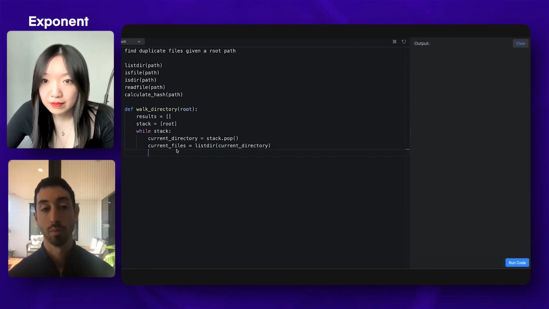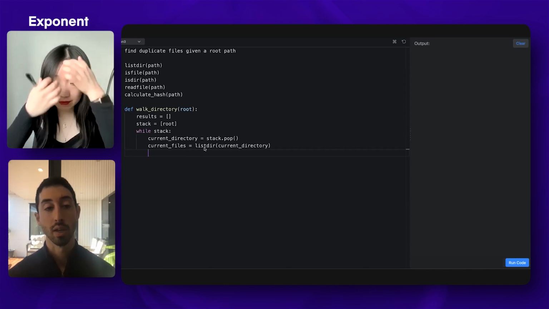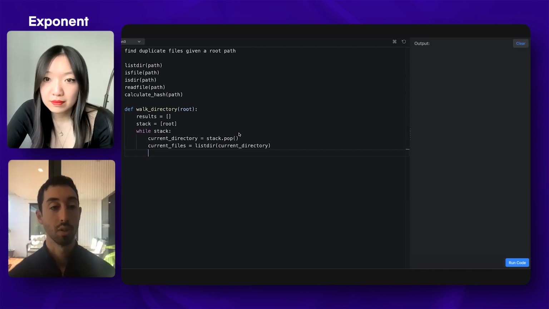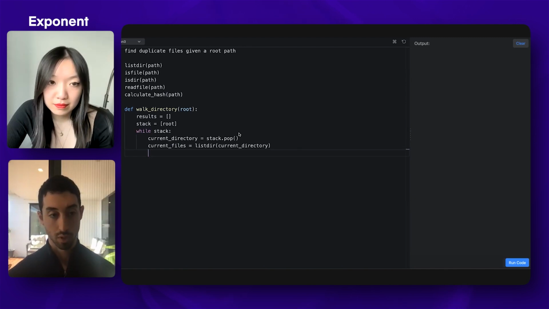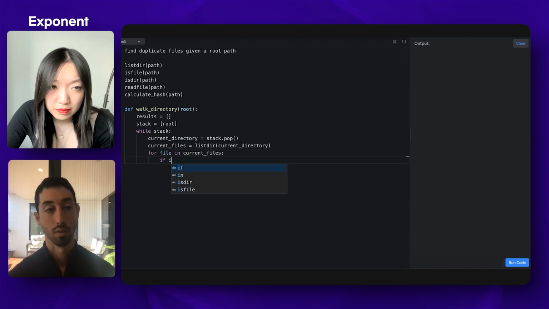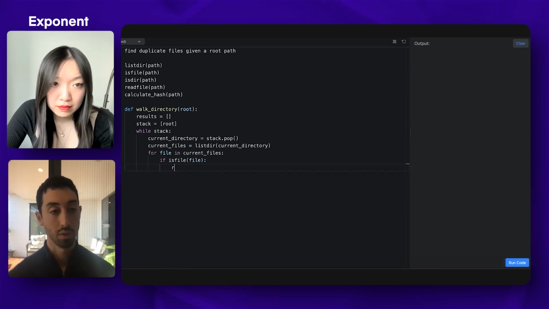And yeah, if I assume I get the full path of the files here from the list directory, then I can just do, for file, if is file, then I add it to the results.